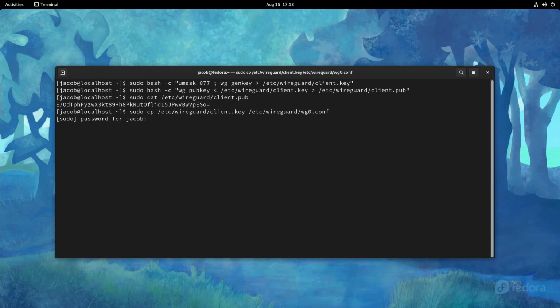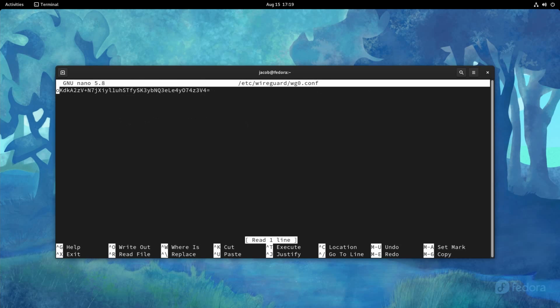You could probably just rename the file. Honestly, you don't even need the client.key file hanging around after you use it to create the public key. But we're going to nano into that etc WireGuard wg0.conf file. And in here, we're going to do, once again, a lot of the same configuration. We're going to specify the interface here on our client machine, and the interface is going to have an address of